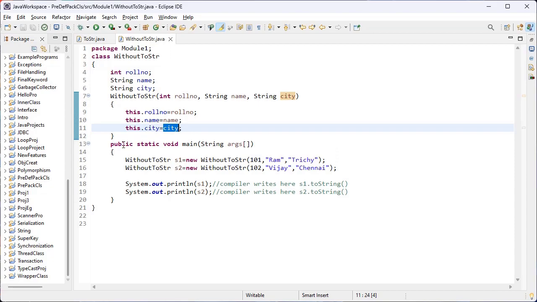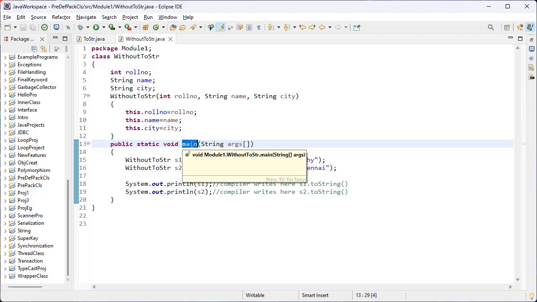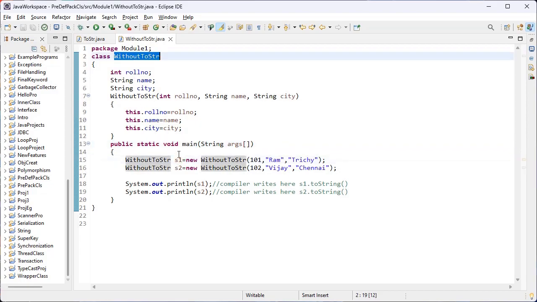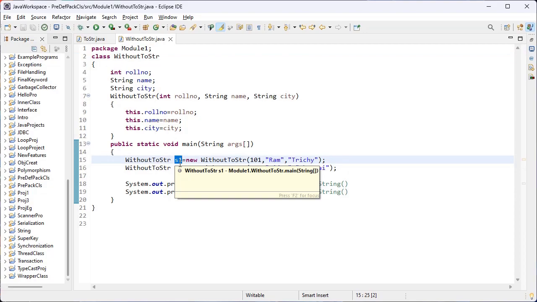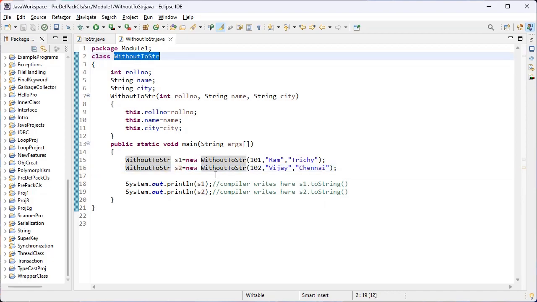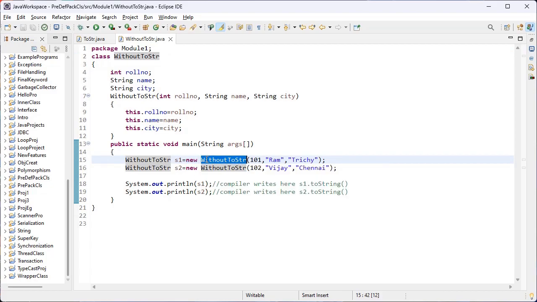Here I have created the main method. Execution starts only from this main method. I have created the object S1 for this class. And S2 is also the second object for the same class. The new keyword I have used, and this is the